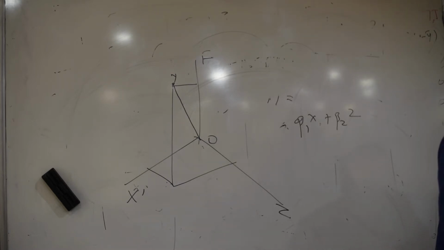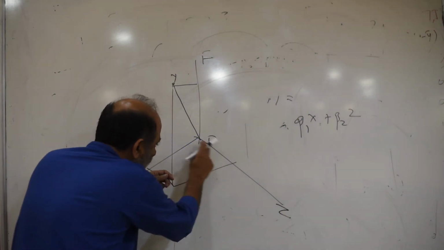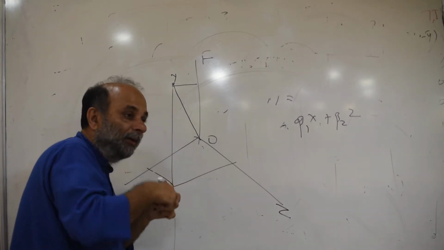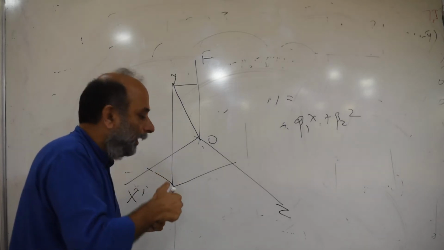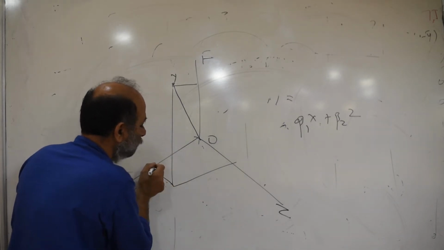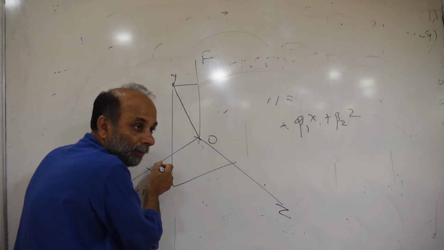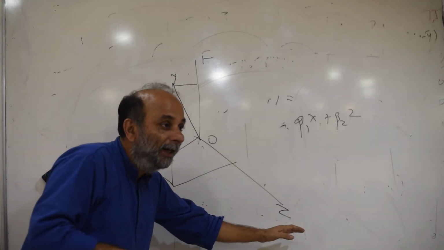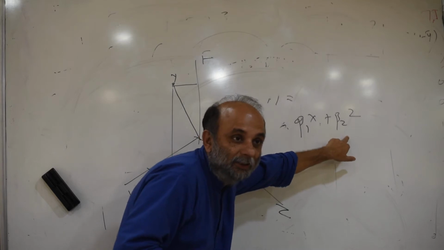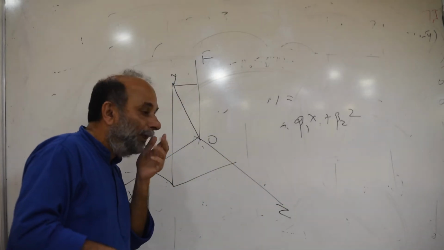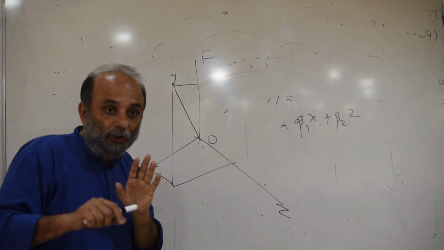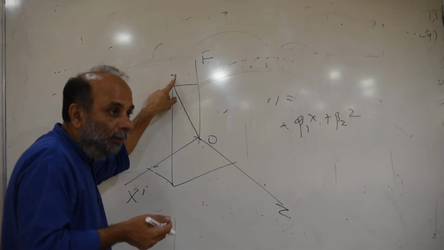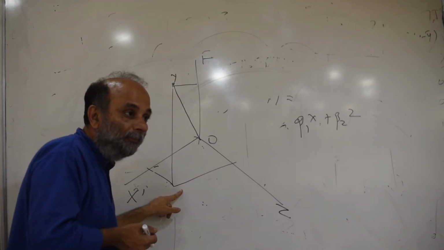Is this clear? How will I find it? I want to find some point in this plane which is the closest to y, because every point in this plane is some combination of x and z. If I take any point here, it has some representation on the x axis and some representation on the z axis. I am trying to say y is equal to beta 1 x plus beta 2 z. So I'm trying to find a point here which represents y most closely, a point which is closest to y.